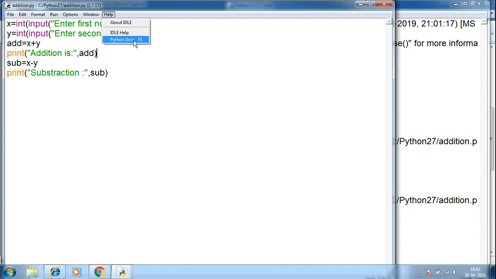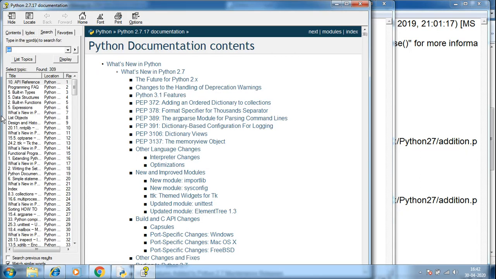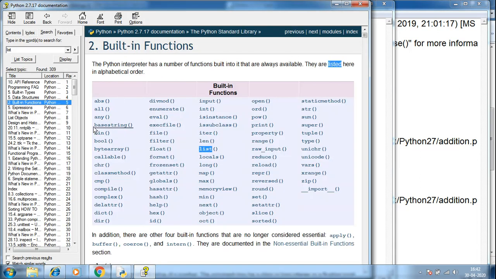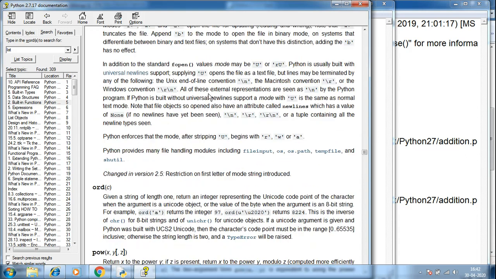In the Help tab you can see help related to the Python development environment or specific Python help, or go through the Python documents available. All these are provided by Python itself. So here you can see built-in help related to any topic you are interested in, and go through it and try out the examples in the development environment.